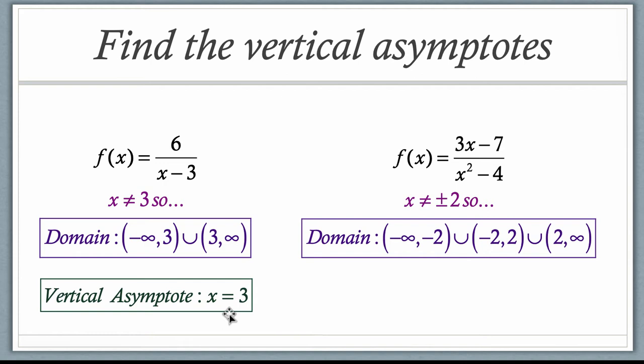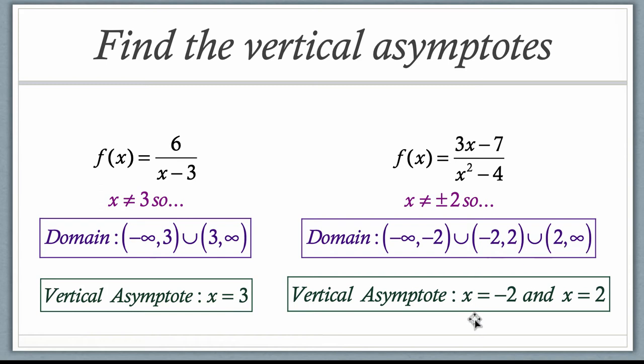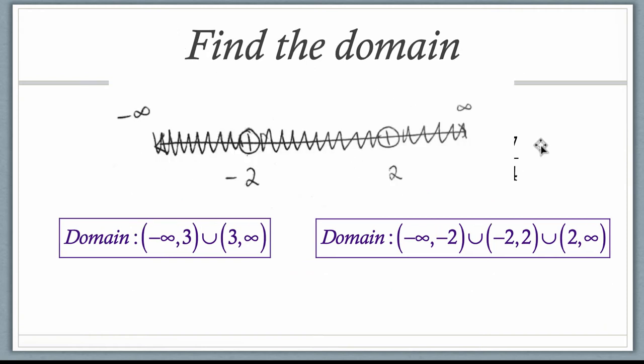Something to note is that asymptotes are lines, so they must be written as equations of lines. Vertical lines are always of the form x equals a number. For that second example, we found that there were 2 values for which the function was not defined, positive and negative 2. So I have 2 vertical asymptotes in this case. I have one at x equals negative 2, and the second at x equals positive 2. If you go back to my number line, at negative 2 and positive 2, there are actually 2 vertical